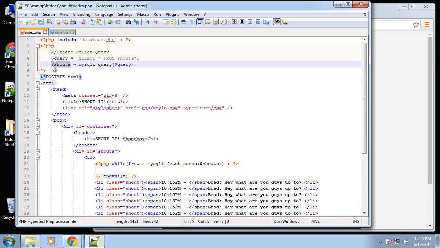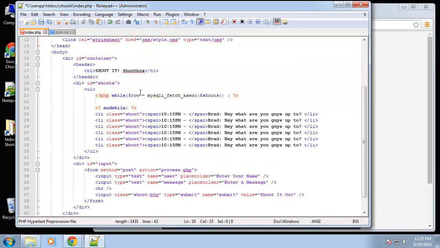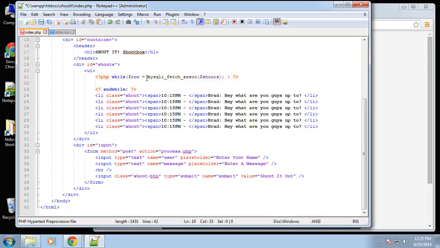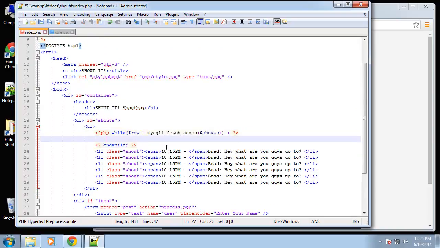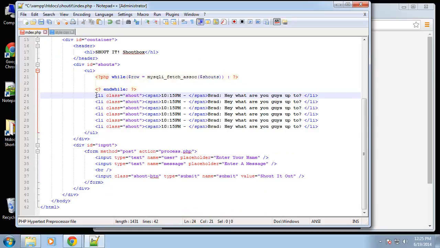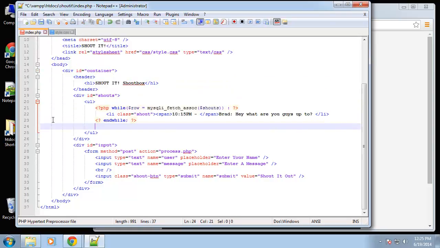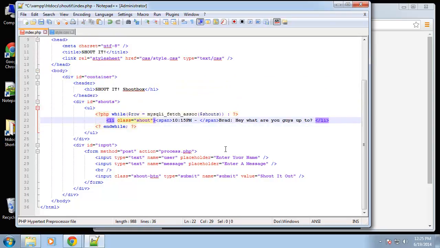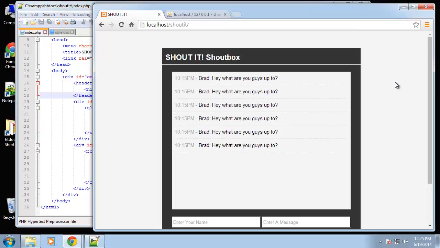We're going to pass in the variable that's holding our result. Often you'll see this variable called results or result, but I like to be more descriptive. So basically what we're saying is, while there's still rows in the database that match our query, we're going to do something. What we want to do is output a list item with our information, with our time and name and message. So we can get rid of all these static ones because it's going to run through the loop and print them out as it finds records. But we don't want the static information. If we keep it like this,